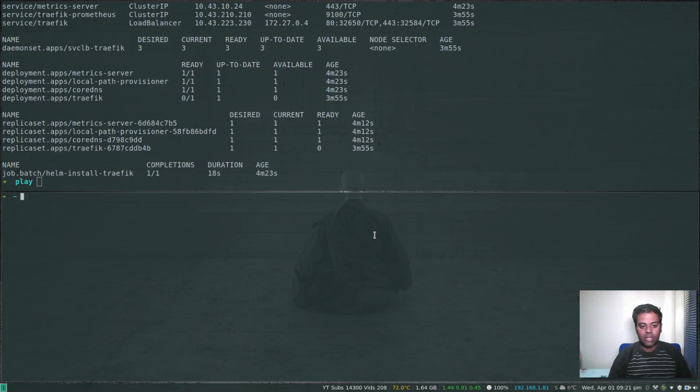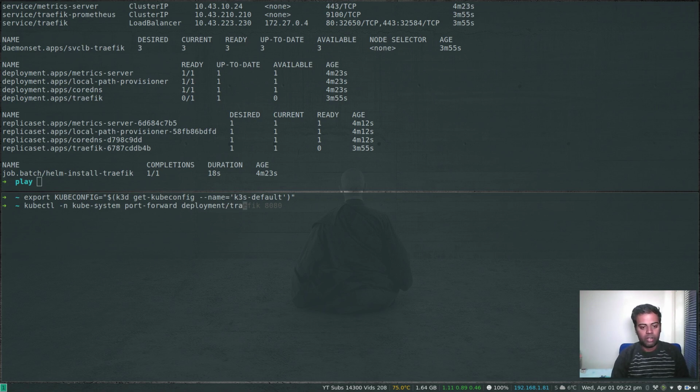But how do we access it? What I'm going to do now is use port forwarding to forward the port in the Traefik deployment, and then we can access it from our localhost. Okay, as this is a new shell, I need to export the K3D kubeconfig. And now if I do kubectl -n kube-system, I'm going to do port-forward